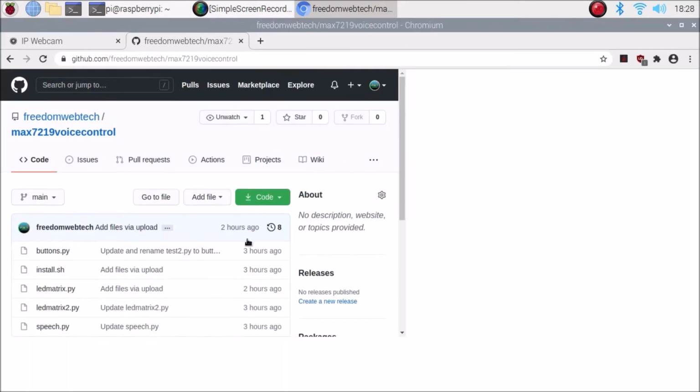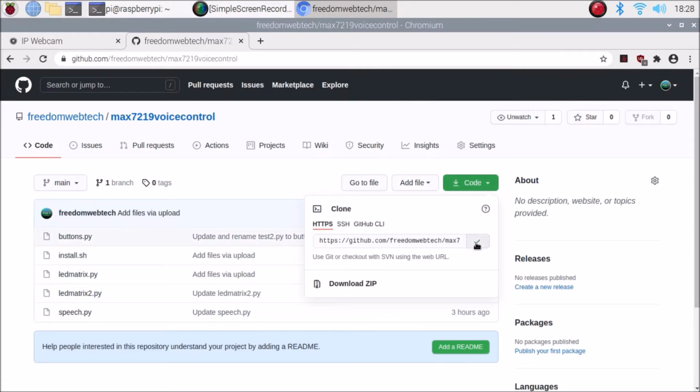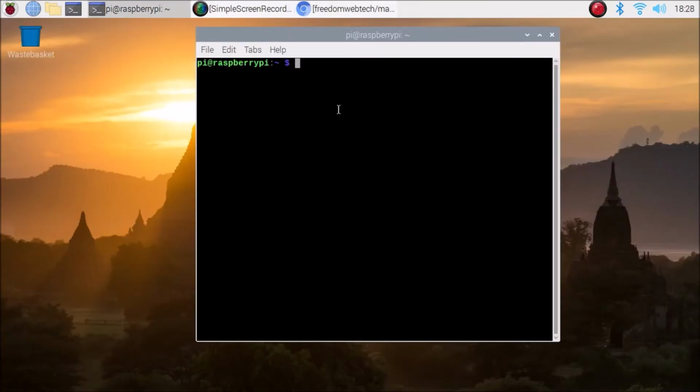Okay friends, now open the repository, and as you can see we have the installation files and also the Python files here. Open the link, go to the code, copy the link, minimize the browser, and run the command this way: sudo git clone, paste that link and hit enter here.